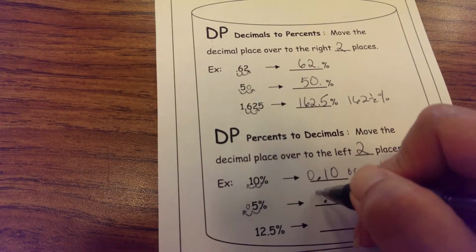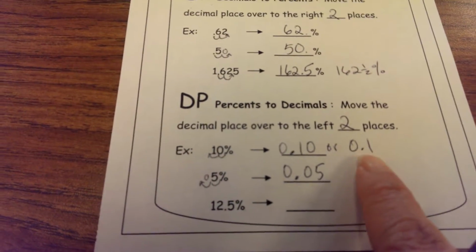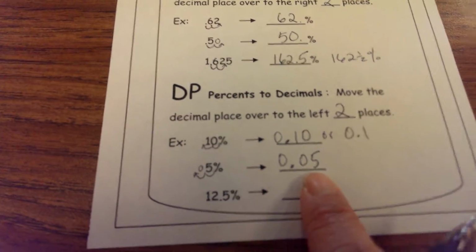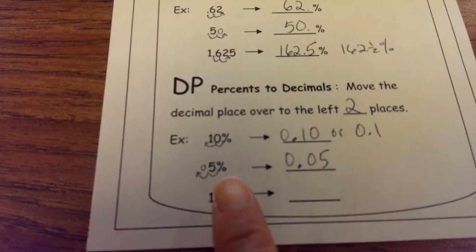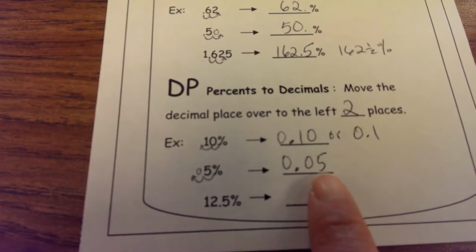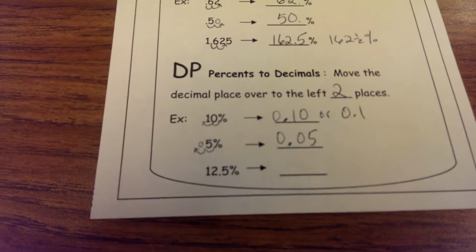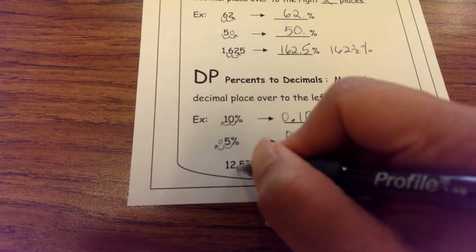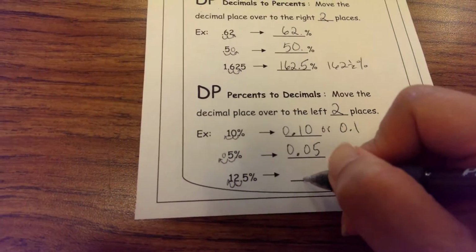And I usually like to put a 0 in front of the decimal. So this was 10 hundredths, or 1/10, same thing, and this one's 5 hundredths, which makes sense because percents are out of 100. So if you only have 5%, it would be 5 out of 100, and this is 5 hundredths. Here we actually do see the decimal, so it'll be easy for us to move it 2 spaces back to the left. You draw the butt, and it's in front of the 1,